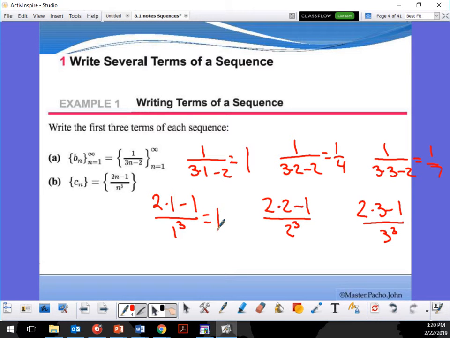Then it's going to be 3 over 8. And my last one's going to be 5 over,